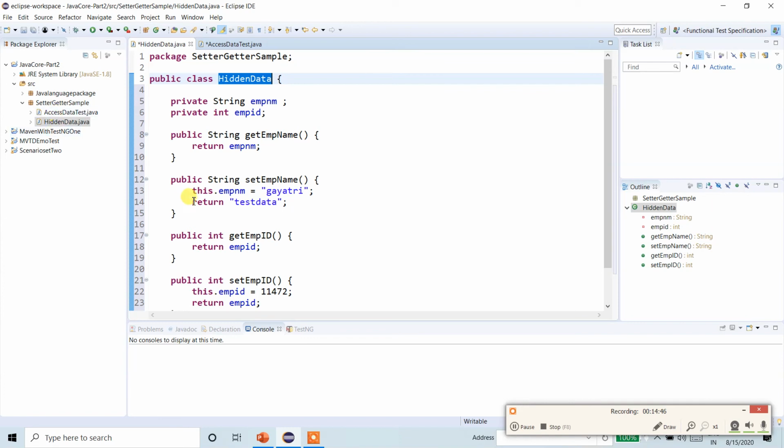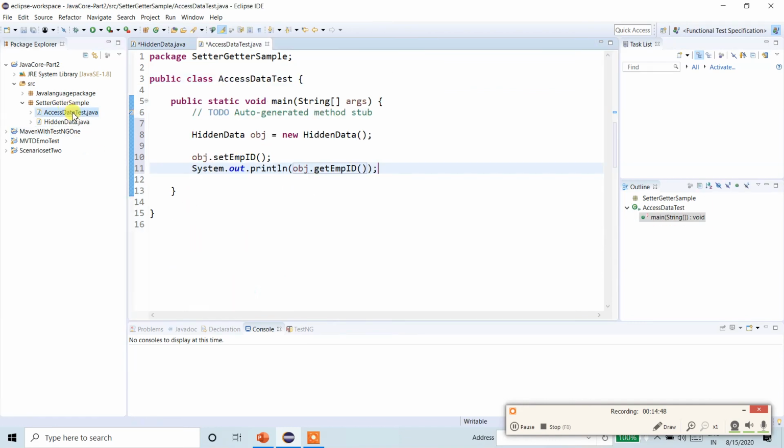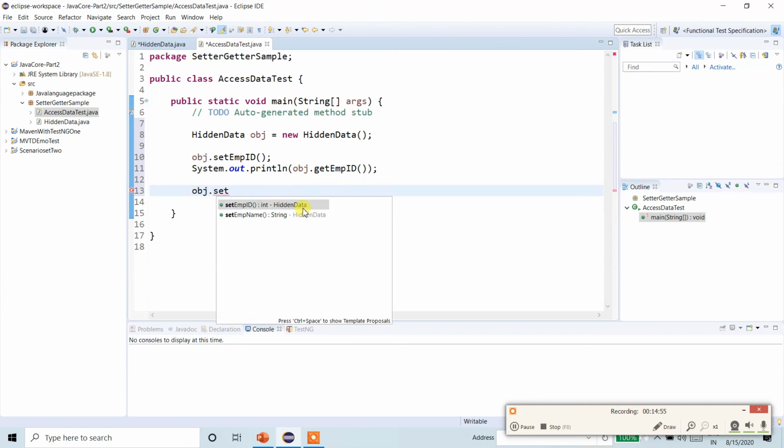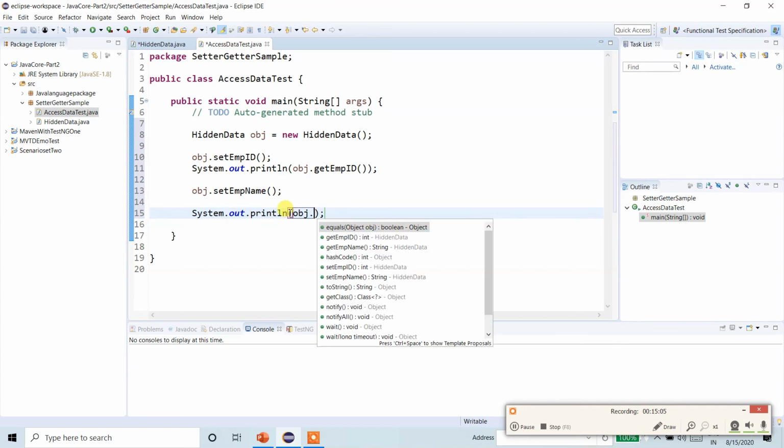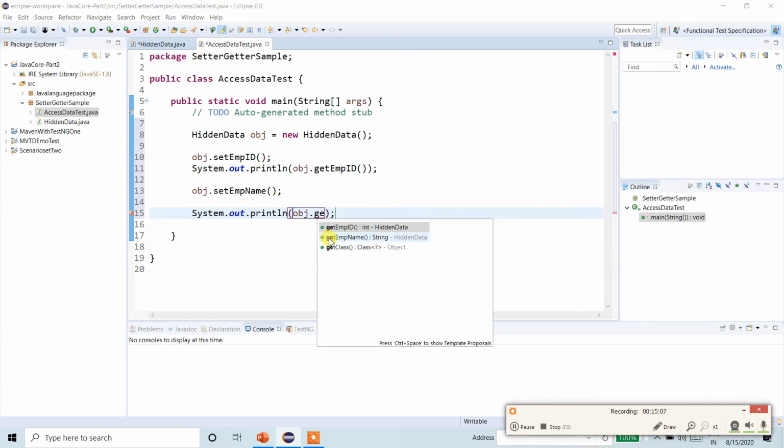Fine. So now the second one is we need to use the same object dot set employee name. Now we can call, by using the same object, get employee name. So what will be the output again?